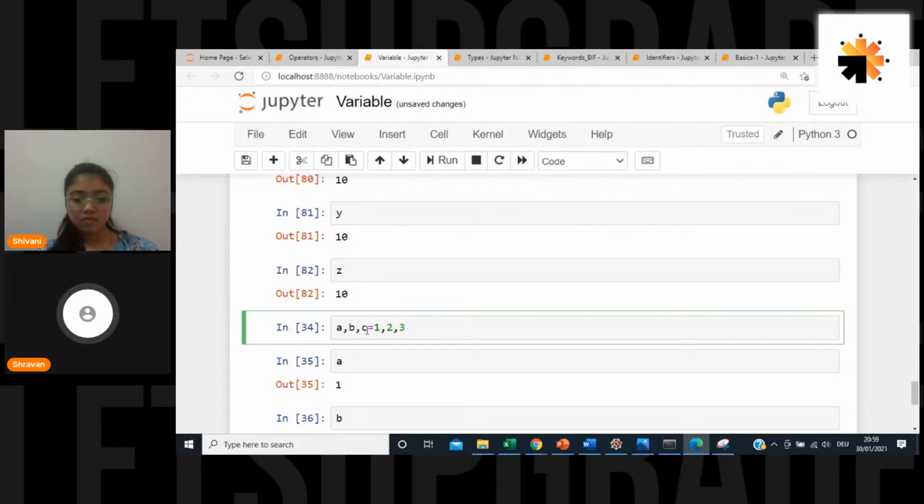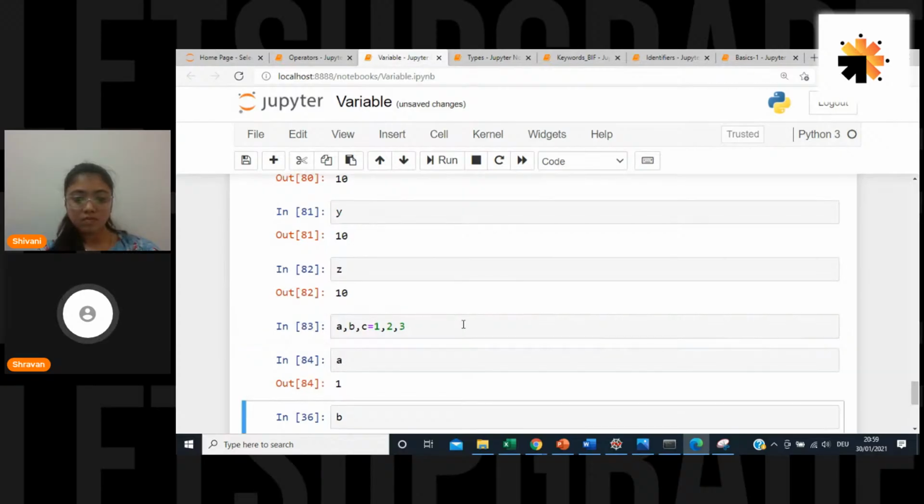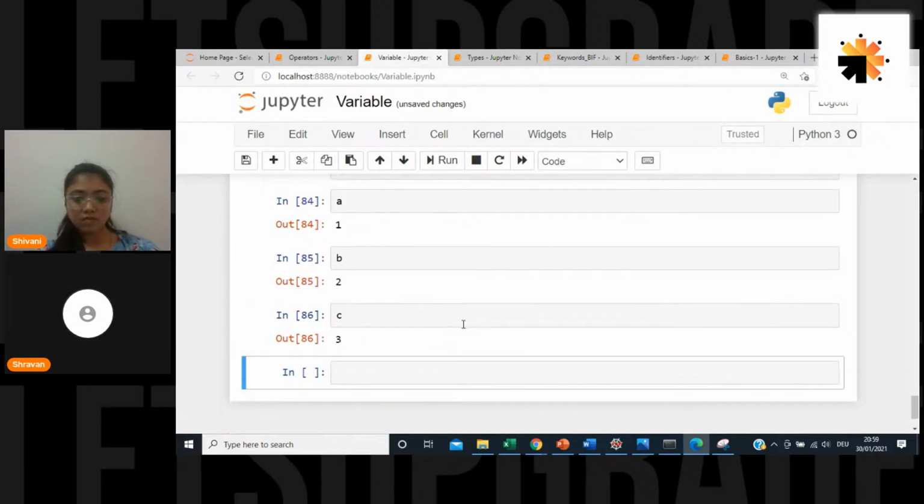So I have A, B, C here, three identifiers or variable names, and three objects here. Now if I say A, B, C is equal to 1, 2, 3, it will go first one to the first one, like a position, right? Go ahead and run it, and A is equal to 1, B is equal to 2, and C is equal to 3. We will be doing this type of assignment a lot in our data science. So is it clear for you people?